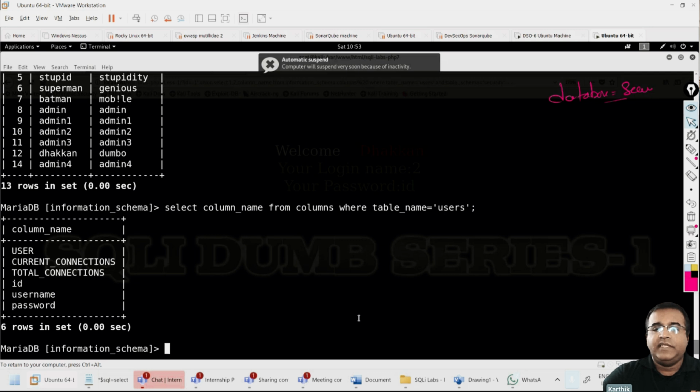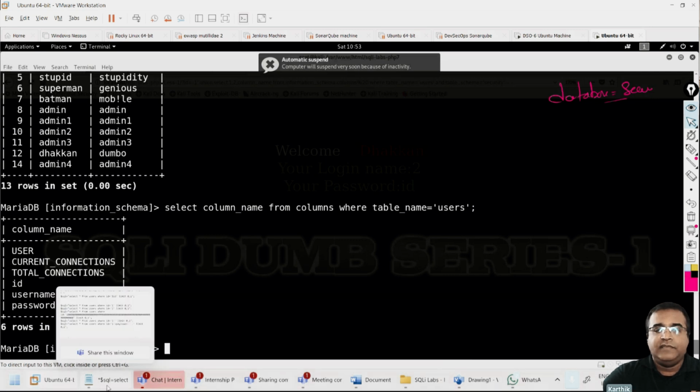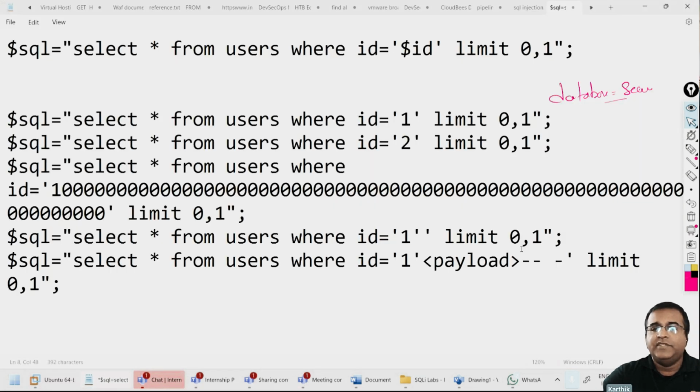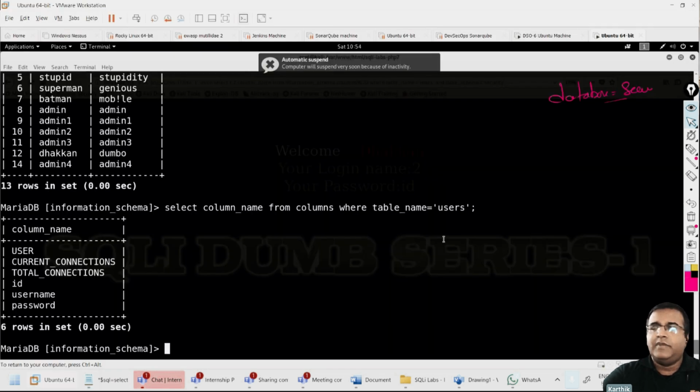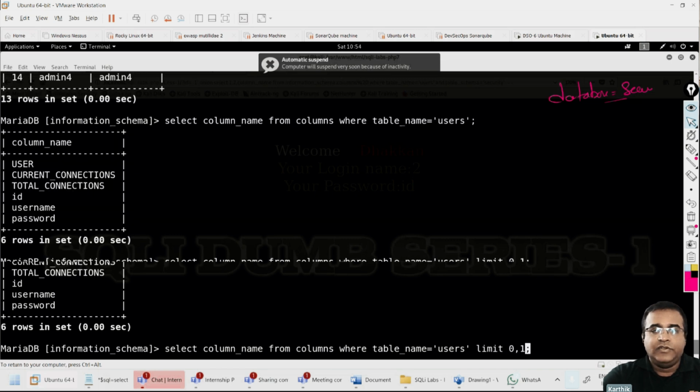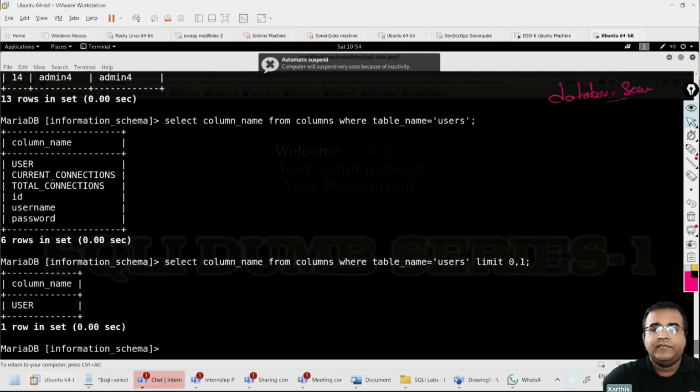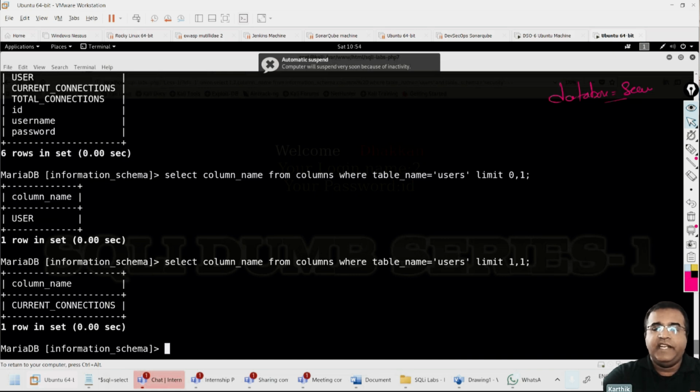If you see the syntax, it is telling limit 0, 1. What does it mean? It is making sure only one line is getting displayed. Even though there are 6 lines here, if I give limit 0, 1, it is going to print only one line. If I give 1, 1, it is going to print the second line.